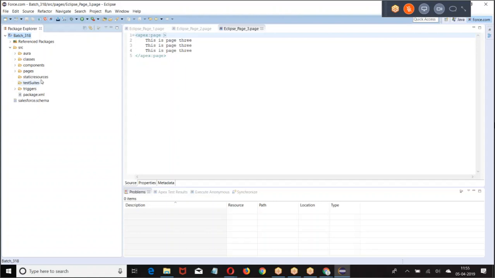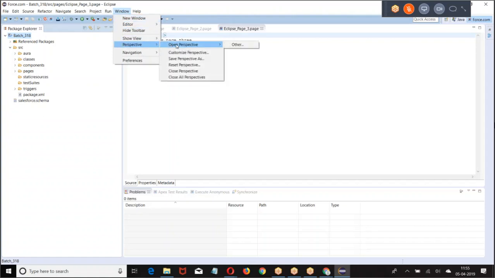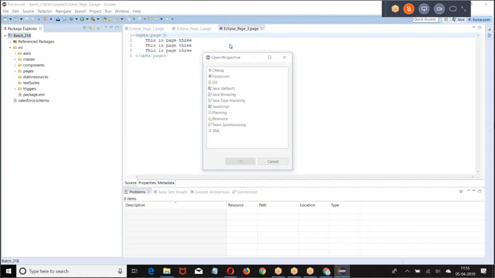Now, if you want to use Eclipse, we have built-in version controlling. What is that? Look at this. Window, perspective, open perspective. Then, what was this? Git. So inbuilt Git is there. In Salesforce, we have inbuilt Git. What is Git?